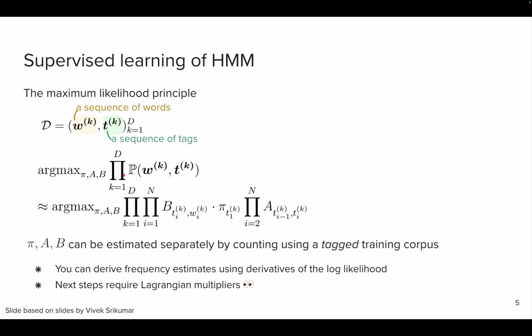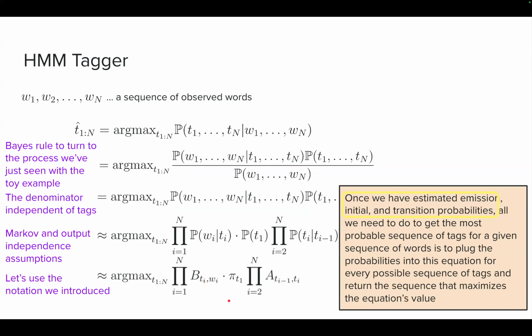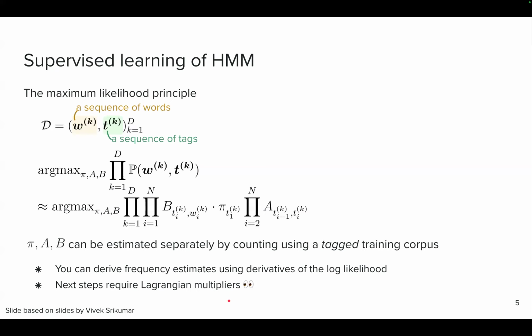Perfect. So what I said is that maximizing the likelihood of the training data is the same as maximizing the product of individual probabilities. And here, in the next step, we have just plugged in the approximation of the probability we introduced previously on this slide over here. Okay, so far so good. We are just plugging things in. And now there is a question of which values are actually maximizing this quantity over here. And the way we can go about this, which we will not derive, is to say, well,